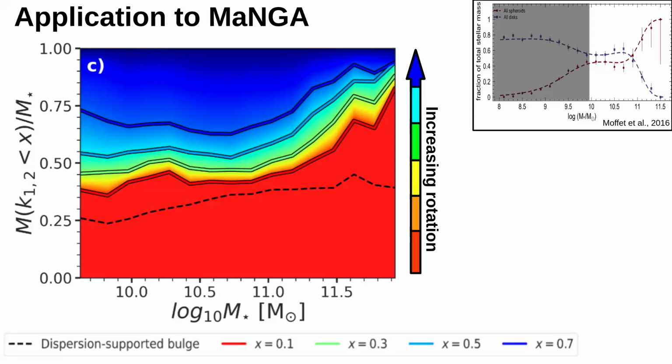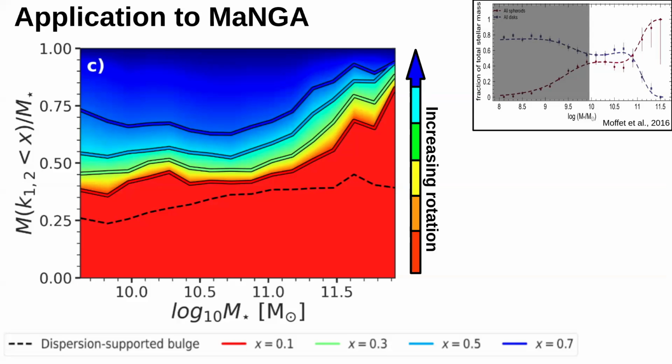Somehow this is the brother or the sister of the diagram that I showed before from the photometric decomposition, with the addition of the third axis of kinematics. And we see some interesting features. There is a clear separation between dispersion supported structures and rotationally supported structures in galaxies. And this comes out naturally, it's not imposed by us, because we allowed the inner and the outer disk to be either dispersion or rotationally supported.